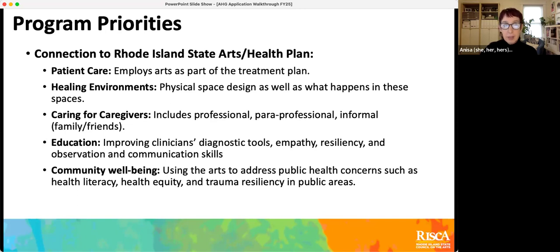Five of the main focuses are patient care, which employs art as part of the treatment; healing environments, the physical space design, as well as what happens in these spaces; caring for caregivers, which includes professional, paraprofessional, or informal caregivers, such as family and friends; education, which involves improving clinicians' diagnostic tools, empathy, resiliency, observation, and communication skills; and community well-being, using the arts to address public health concerns such as health literacy, health equity, and trauma resiliency in public areas. And the expectation is not to cover all these program priorities, but that you touch on one of them.